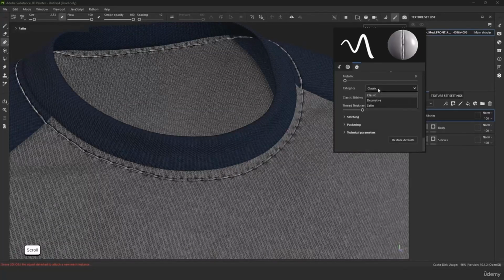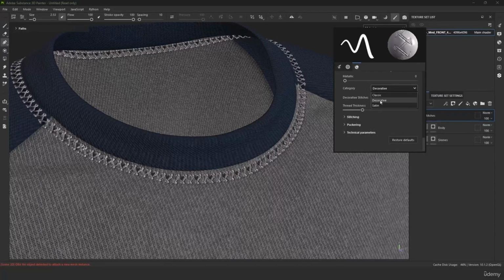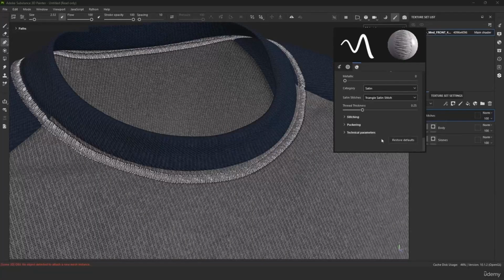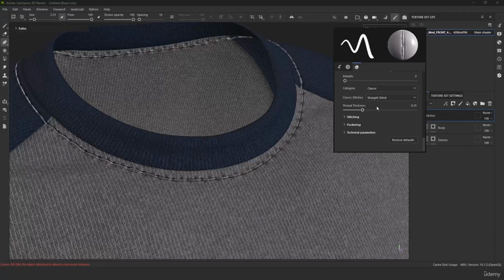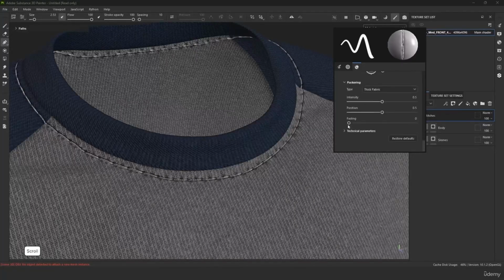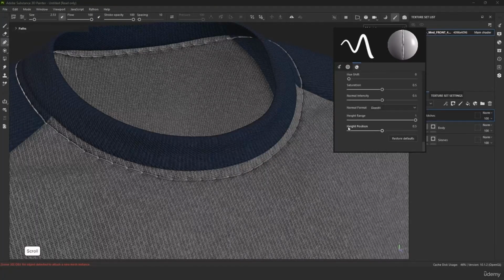And you can select from different stitching types here, and decorative, satin, and something like this. But for now, go with the classic option and adjust the thickness right here. And after that, set the puckering to leather and reduce its intensity right here. And adjust other parameters like lowering the height to make it less pronounced,